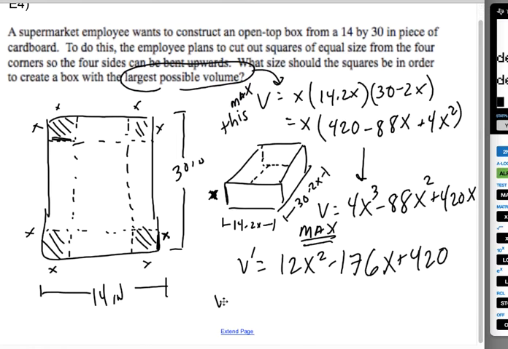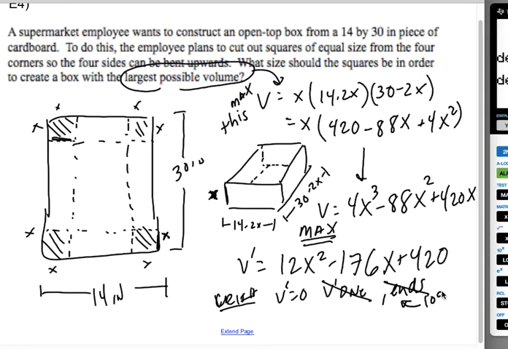So I need those critical numbers. Critical numbers are either when v equals 0, v prime equals 0, or v prime does not exist. Well, the does-not-exist case is not super relevant here because there's no denominator, and there are no endpoints, but